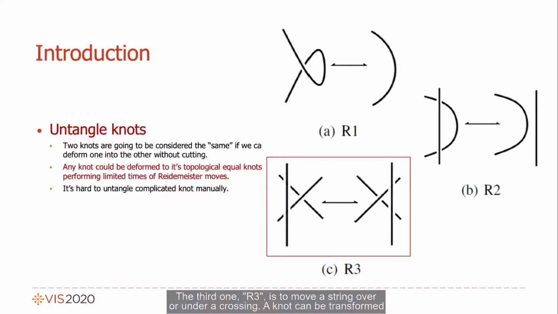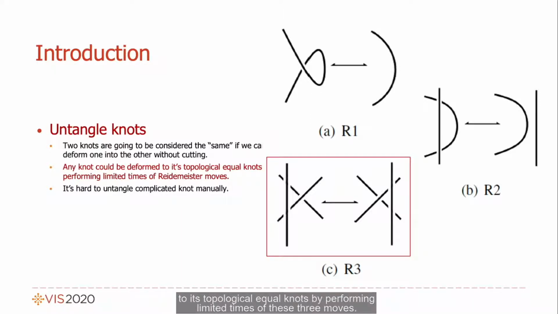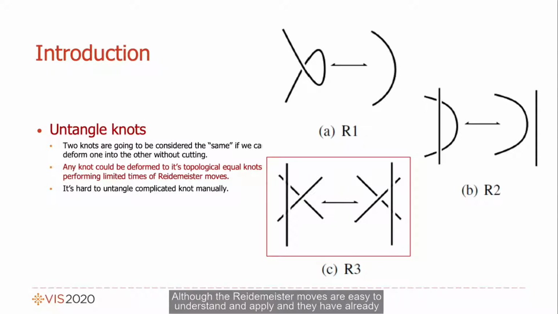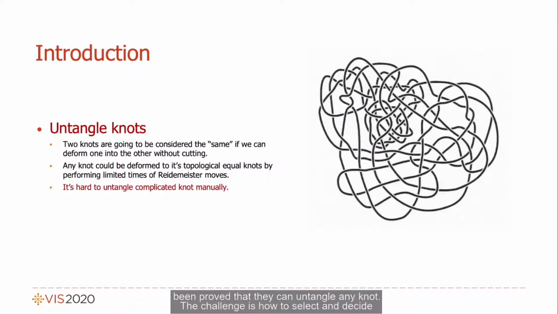A knot can be transformed to its topologically equal knot by performing a limited number of these three moves. Although the Reidemeister moves are easy to understand and apply, and they have already been proved to be able to untangle any knot,